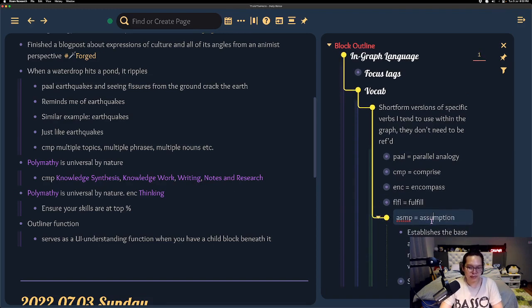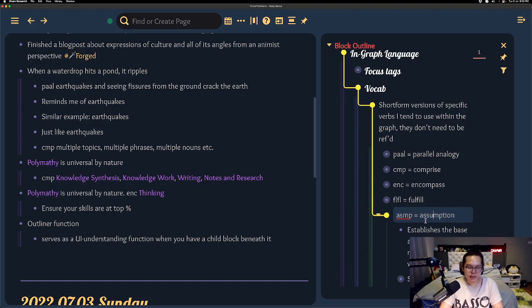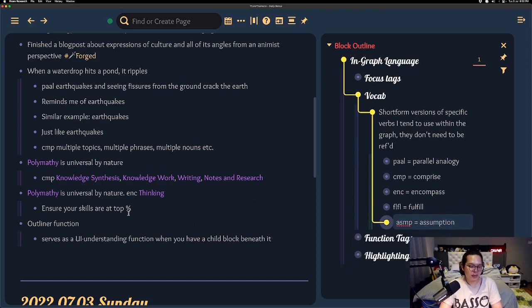And assumption is probably my favorite one because I do assumptions a lot. So even if it's something very obvious, like when you throw water over fire, water will put out the fire. So ASMP, water will always put out fire. And this is coming from a course that I took in university about perspectives of medical science. Let's just say that that wasn't really the most fascinating course, but I always remember one piece of advice,